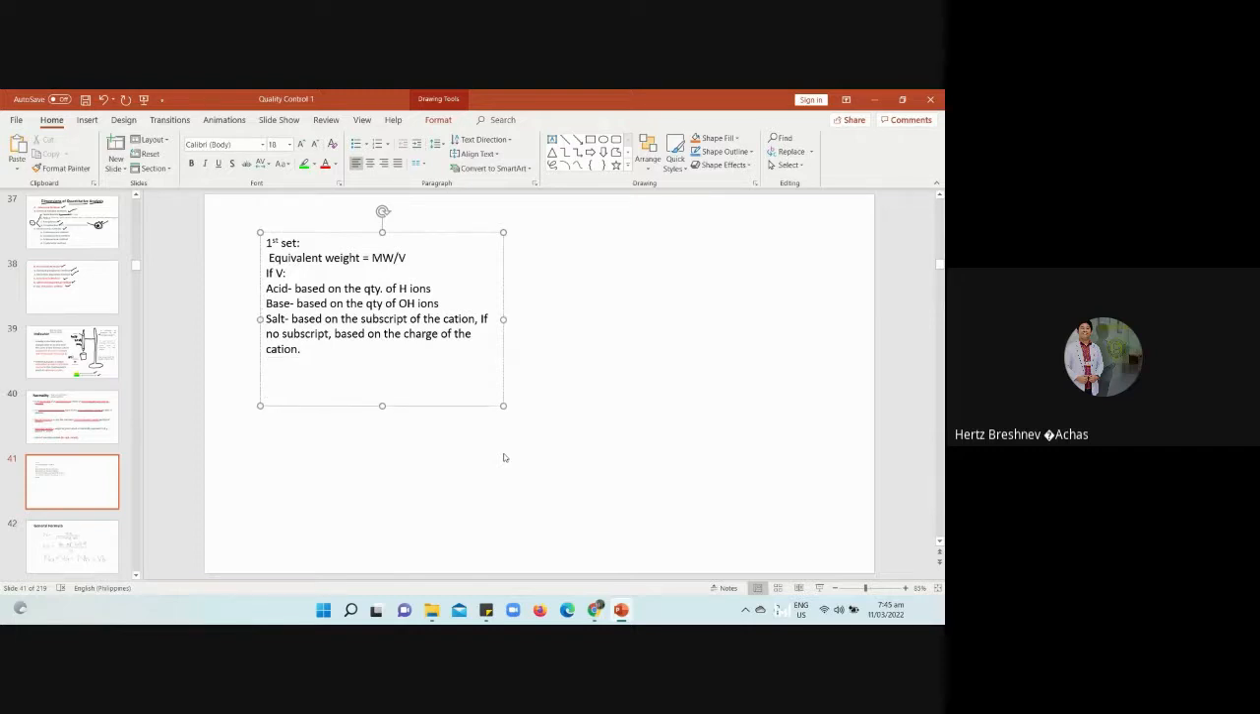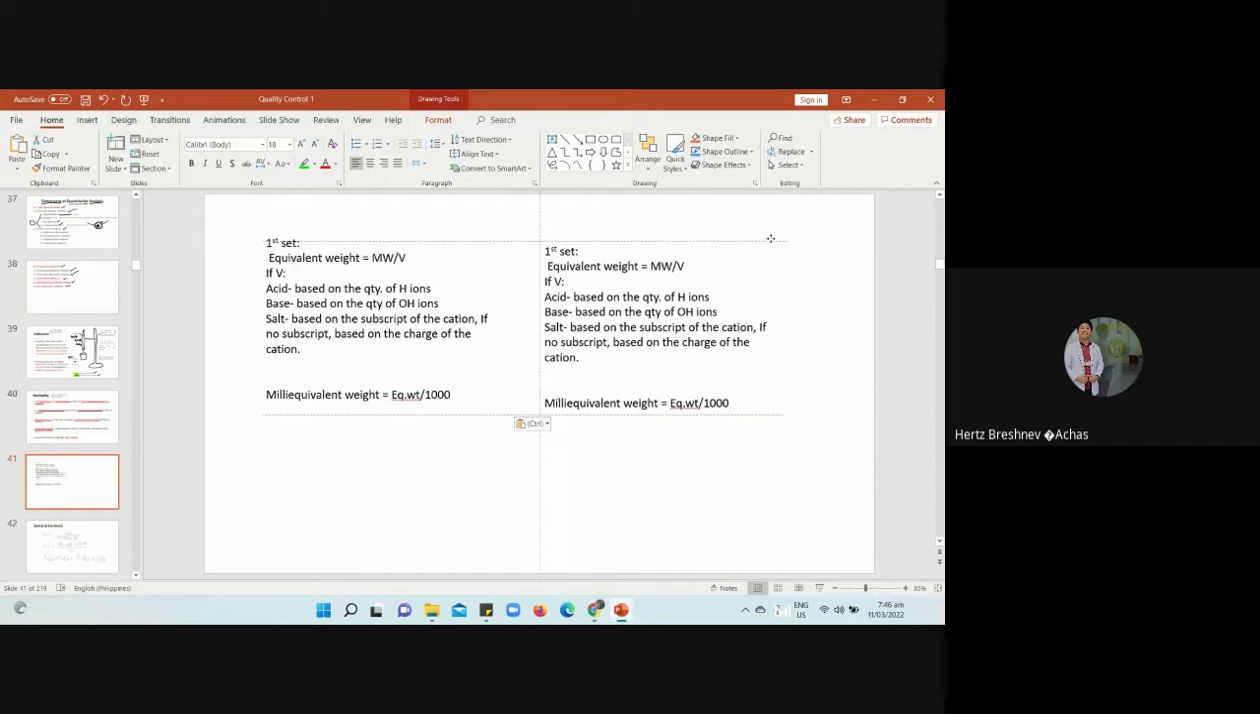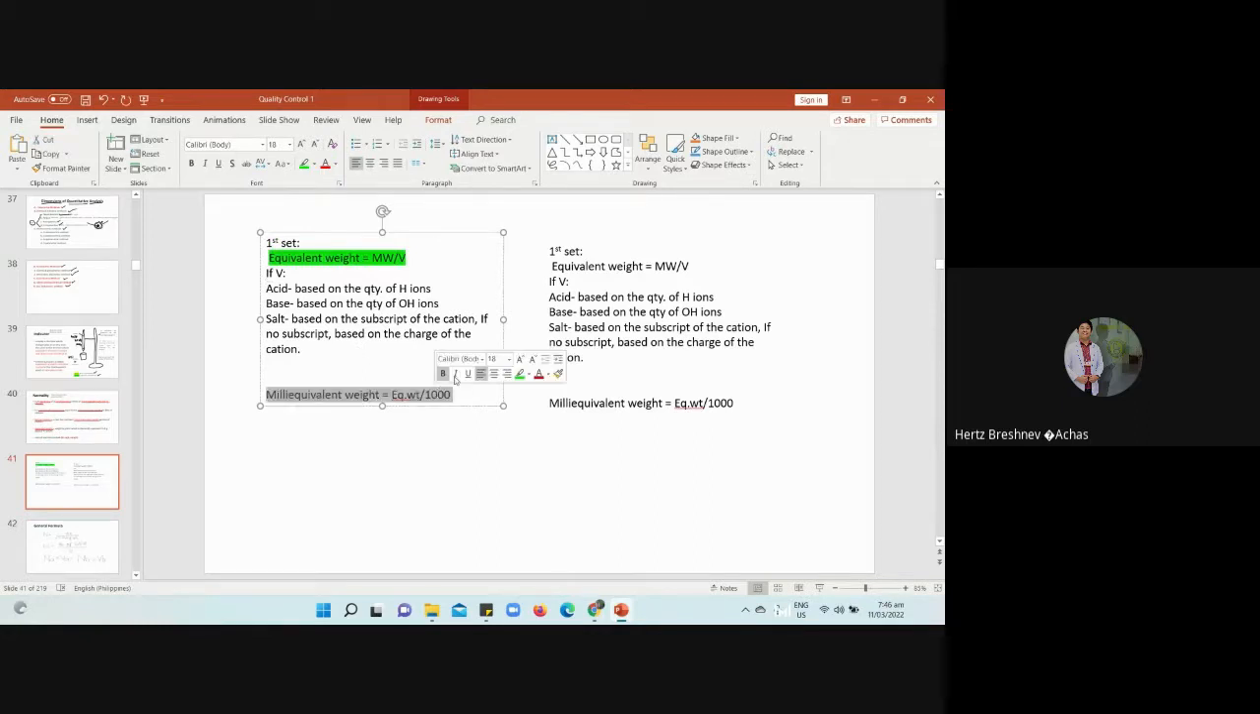And then the second formula is: milliequivalent weight is equal to equivalent weight divided by 1,000. Now, that is the first set of formula. The second set of formula,